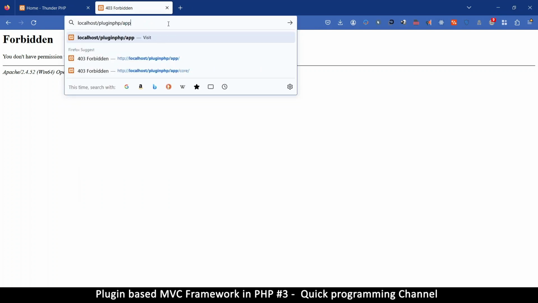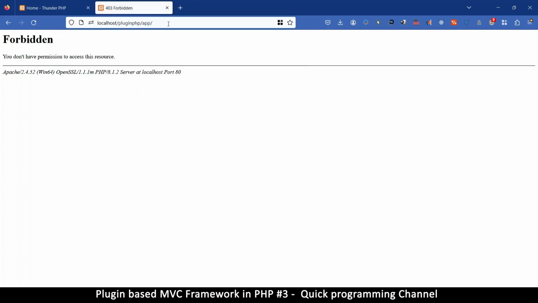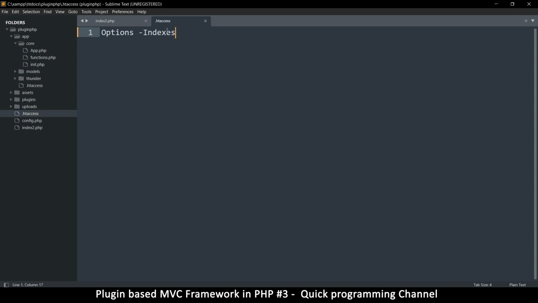So let me do app/app. Even that is forbidden as well. Oh, that's why it doesn't show actually. It's because of the htaccess file. Okay, so that by itself forbids you from viewing the files that are in there. So this is what you can put in your folders to make sure that nobody has access to see those files. But I think for the first video of this, we can end here